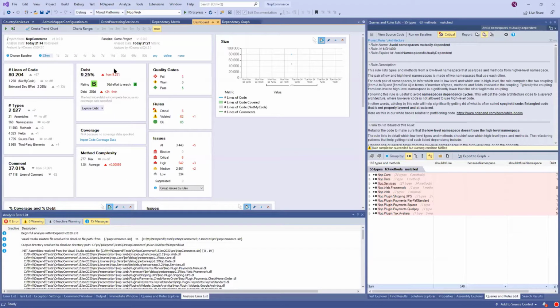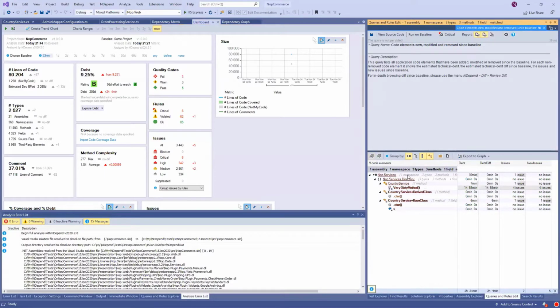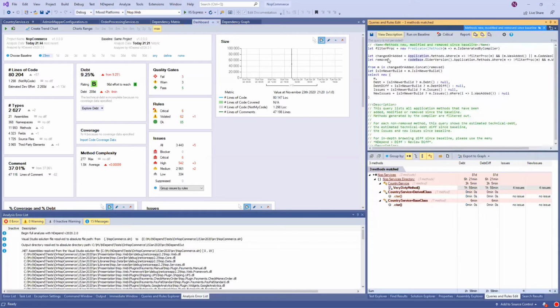And what's interesting is that everything in the NDepend dashboard is clickable. So typically, if I click this one, okay, it tells me everything that has been added. The bold font is used because it tells me the added code elements. So I can see the new types and the new methods. I can get the new types here, or I can get a new method here. So you can click everything, and immediately, again, a code query has been generated for me.